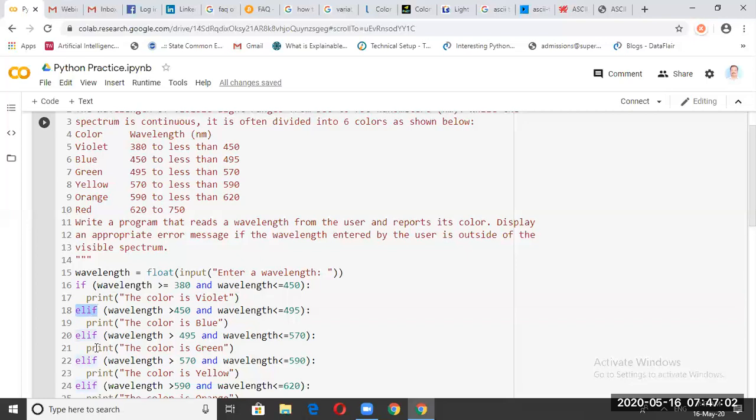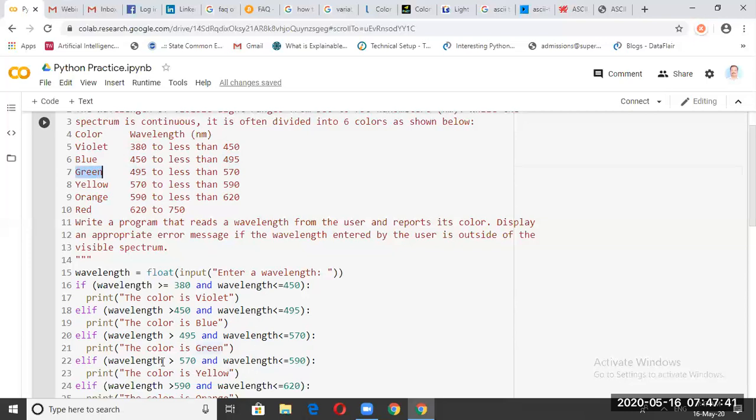Then there is an else if statement. So every else if statement in Python is elif. So elif is the syntax in Python, and we are checking the next wavelength, the range of the next one, that is greater than 450 and less than or equal to 495. So this one, the second one in the table, and the light color is blue, so we are displaying it is blue. Next is 495 to 570. So greater than 495 but less than 570. And then we are displaying the next color, that is green.